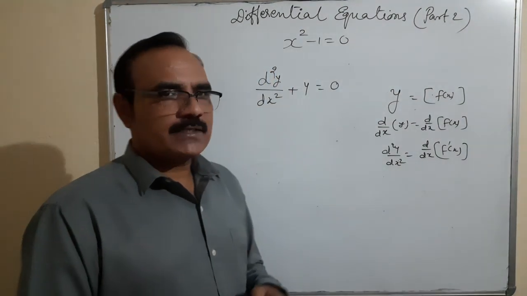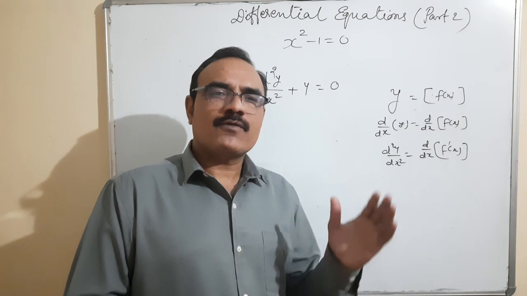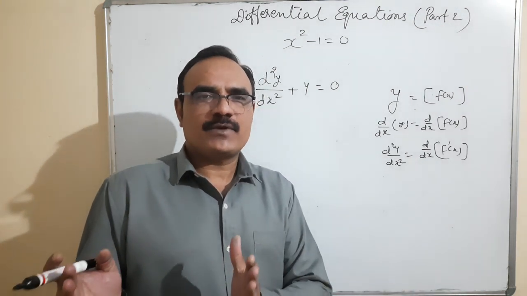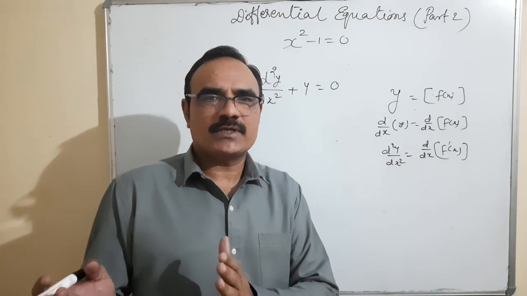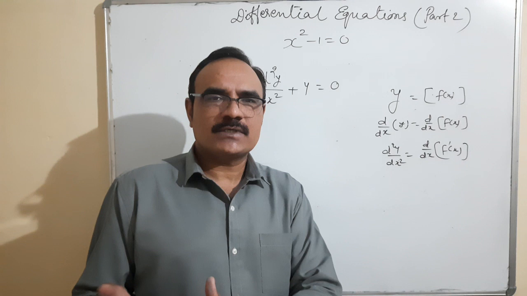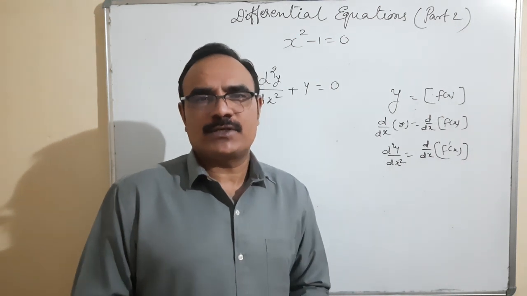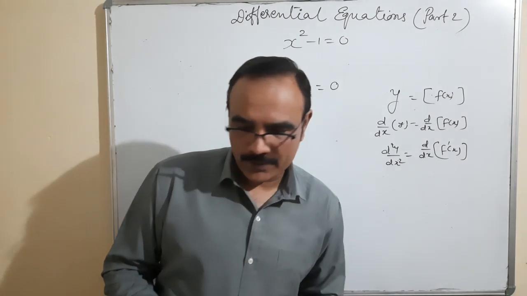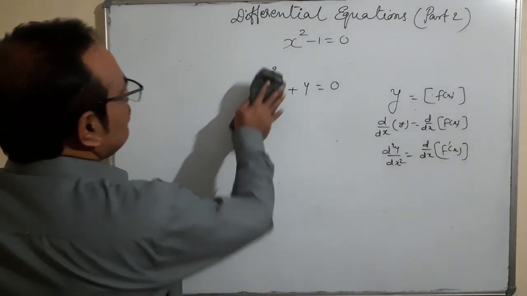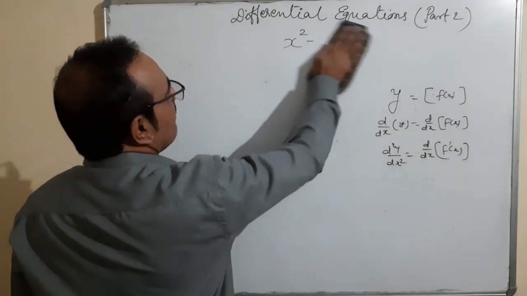So in this exercise 9.2, one function is given, and second, a differential equation is given. We are going to check whether it is a solution, yes or no. We put the value in the differential equation and verify that the left hand side term is equal to the right hand side term. On the basis of that, we are going to solve the questions.